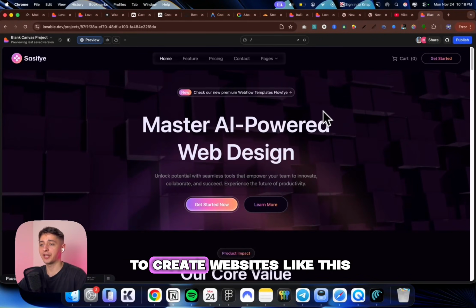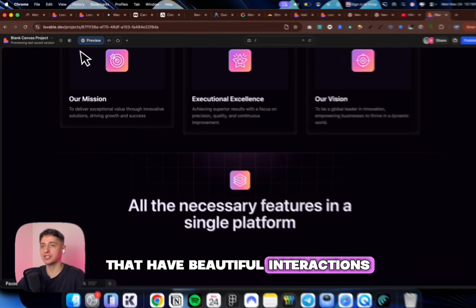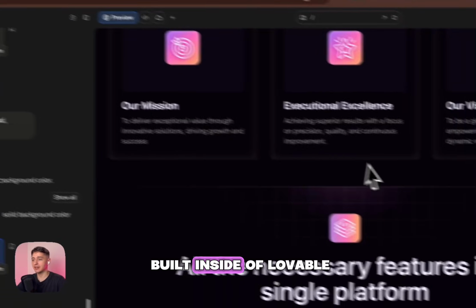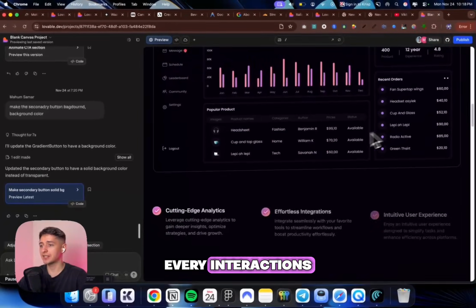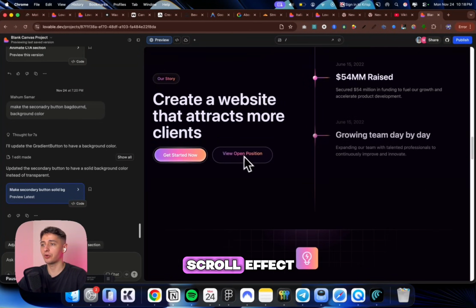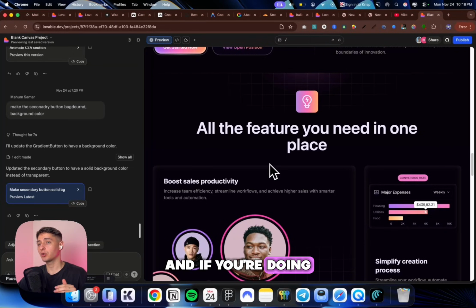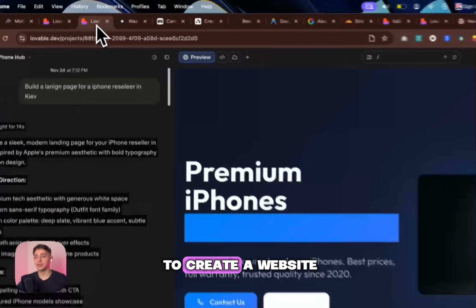AI now allows you to create websites like this that have beautiful animations and beautiful interactions. All of this was built inside of Lovable. Every interaction, all of this mouse hover effect, everything here with this scroll effect was built inside of Lovable. And if you follow what I'm going to show you, you will know how to create a website